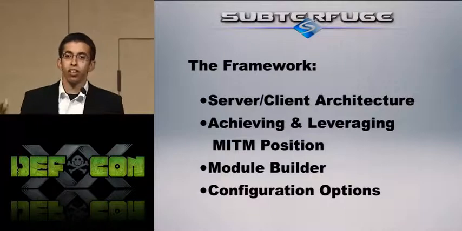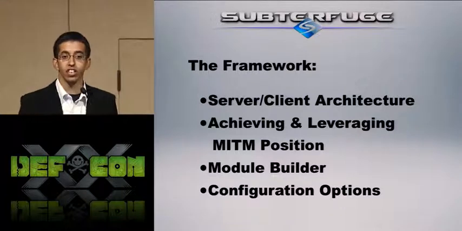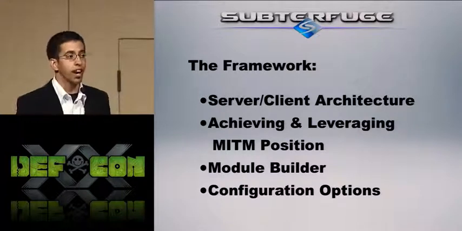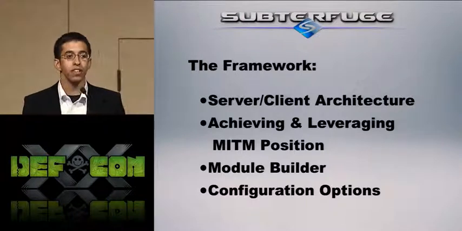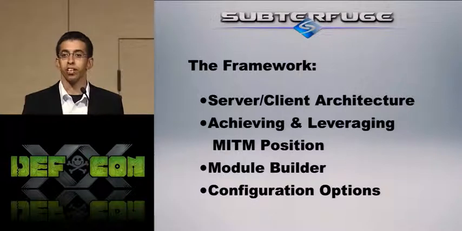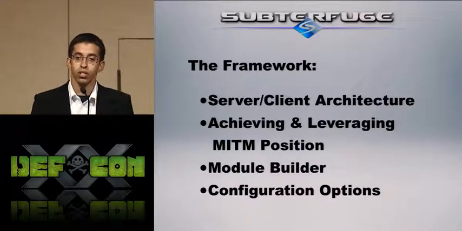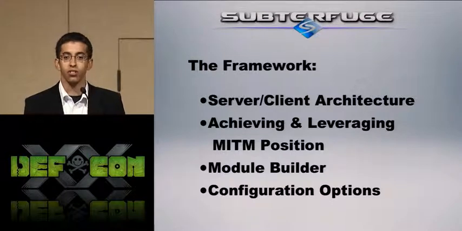So let's talk a little bit about the framework. This is really what makes Subterfuge a bit different than most man-in-the-middle attack tools. It's got a servant-client architecture, which means that you can actually collaborate with this. Most of the time when you're having a man-in-the-middle attack, you've got one person who can do it, because there can't ever be two men in the middle. That's kind of difficult. If you try that, the network's going to go down, nobody's going to get traffic, and your idea of transparency is completely gone, nixed by the fact that you've got two people struggling to be that man in the middle, and the network just can't handle it. So with Subterfuge, there's one person who's doing that man in the middle. That's the Subterfuge server. And you've got clients who can connect to that server